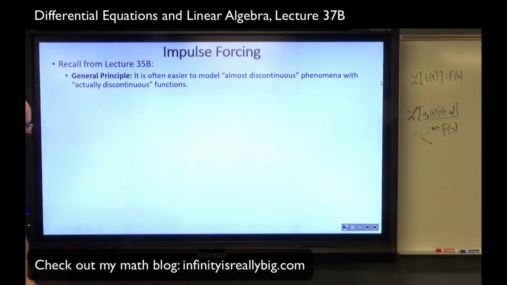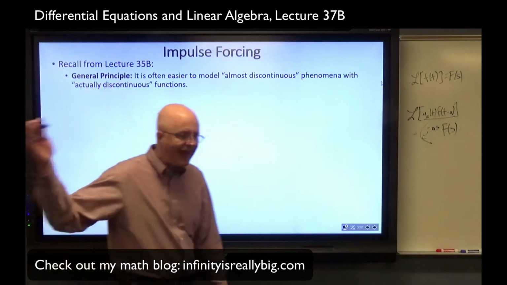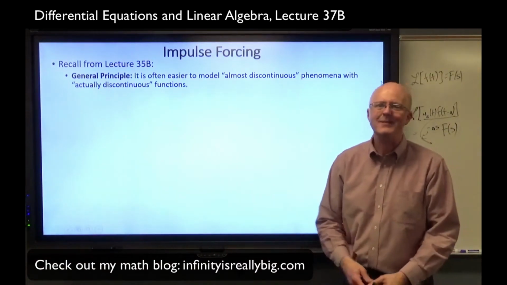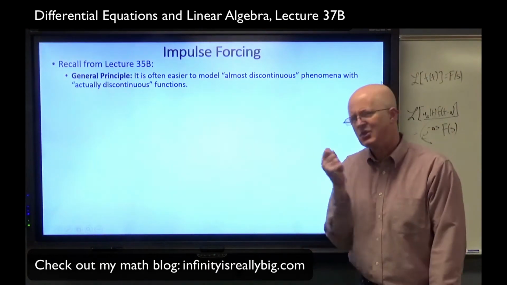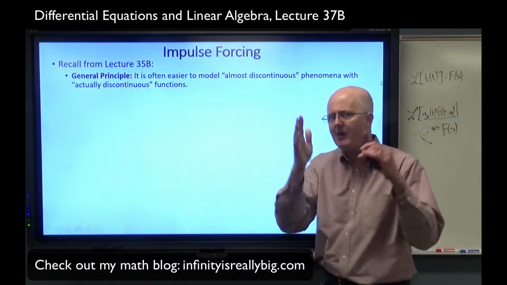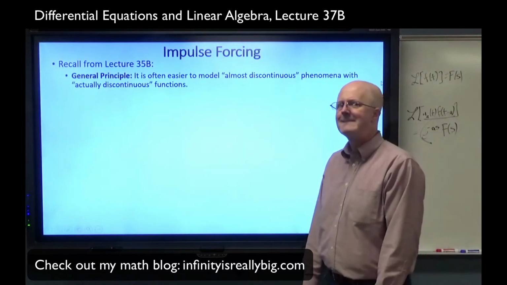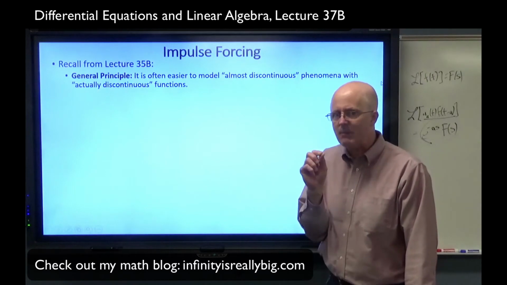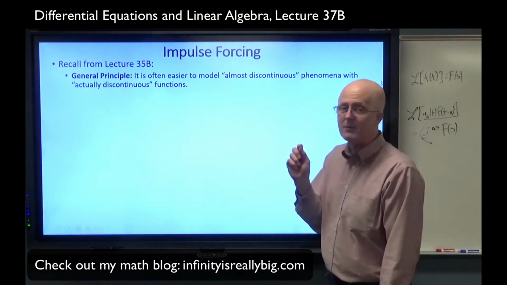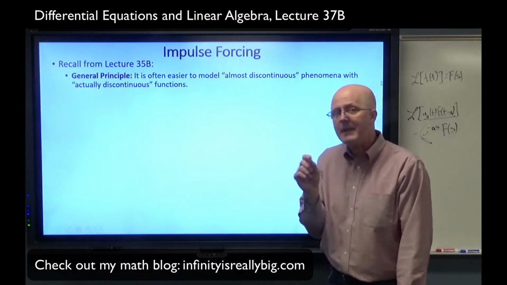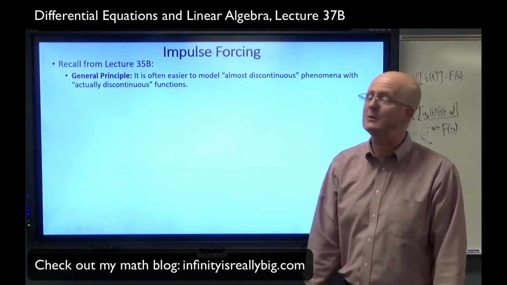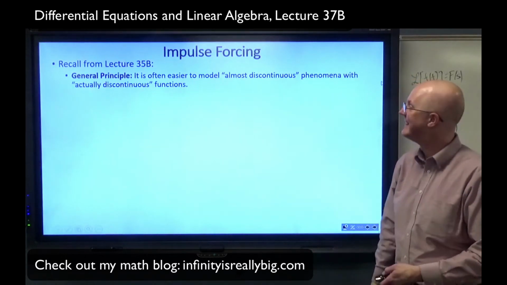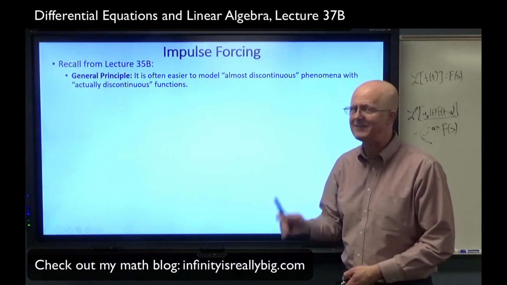It is often easier to model what you might call almost discontinuous phenomena with actually discontinuous functions. Flipping on a light switch, hitting something with a hammer are not technically truly discontinuous. They're just almost discontinuous. The time scales involved get so small that they are almost discontinuous. But coming up with almost discontinuous functions that model them is complicated. So it's simpler to use actually discontinuous functions, like the unit step function, or like this new delta function we're